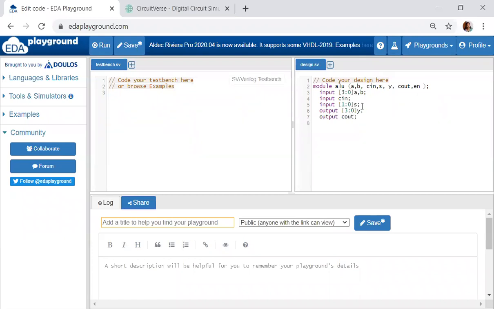There is one more input, enable. So let us take one more input. If you want, you can keep enable. If you don't want, we can use a clock also. As of now, we will use enable. And all outputs should be declared as registers. Register 3 down to 0, Y, and register Cout. So all this is with respect to your inputs and outputs. Let me put it in one single line so that I'll get space for writing.